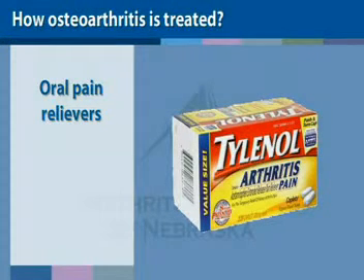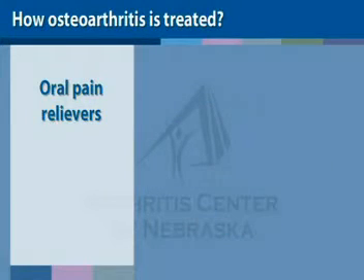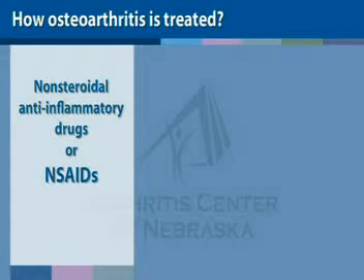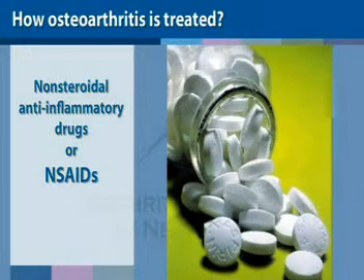For most people, acetaminophen is a safer alternative than the use of non-steroidal anti-inflammatory drugs. Non-steroidal anti-inflammatory drugs, or NSAIDs, help reduce joint pain, swelling, and inflammation. Over-the-counter NSAID examples include aspirin, ibuprofen, naproxen sodium, and ketoprofen. Whether using a prescription or over-the-counter non-steroidal anti-inflammatory drug, these medications are not without significant potential side effects. To ensure safety and to avoid drug interaction, consult your doctor before using any of these drugs, especially in combination